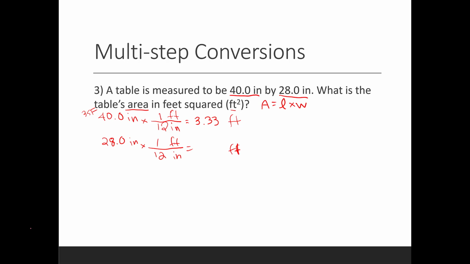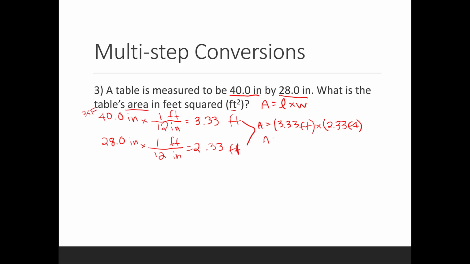So in this bottom problem, I need to take 28.0 and divide by 12. And again, I get 3 sig figs. 28.0 has 3 sig figs. So my answer is 2.33 feet. Finally, what I need to do, because area is length times width, I need to take these two numbers and multiply them together. So area equals 3.33 feet times 2.33 feet,